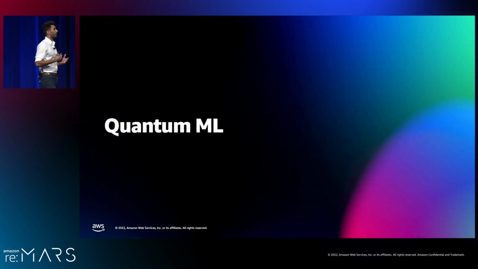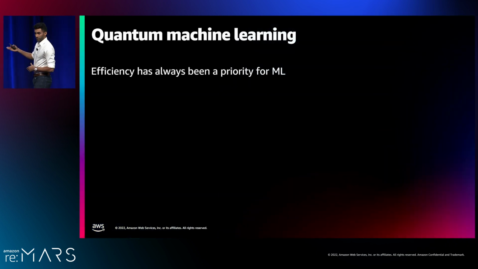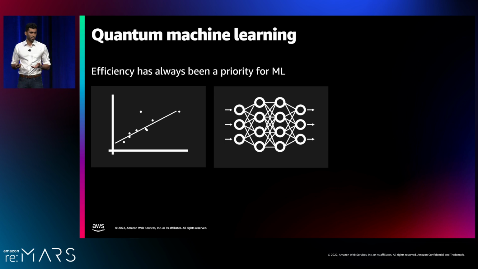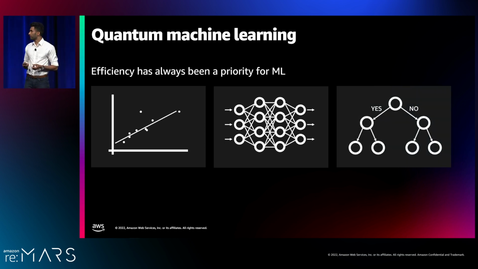Okay, we're here to learn how quantum computing can help machine learning. But I'll start by saying efficiency has always been a part of machine learning. We use things like reductions to linear regressions. Linear regression, in practice, is a linear time algorithm on sklearn. Neural networks can benefit from accelerated computing, like TPUs, GPUs. And decision trees are incredibly simple algorithms that we can ensemble together in clever ways to make them more powerful.